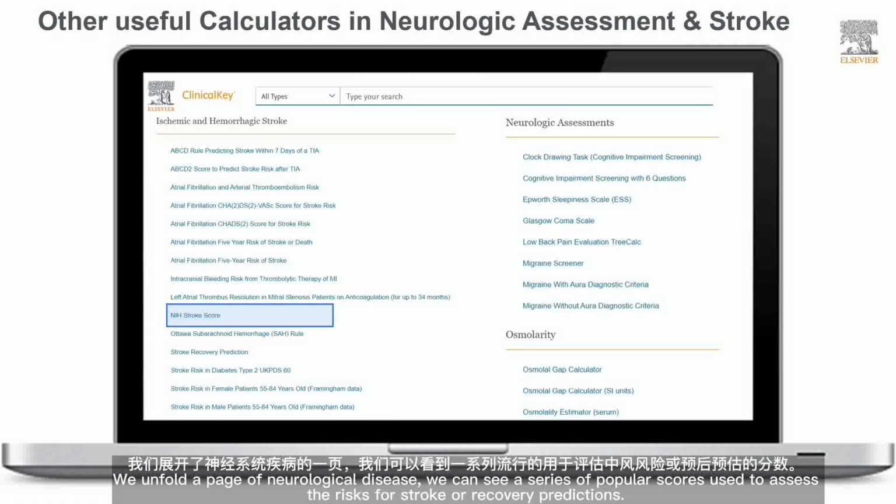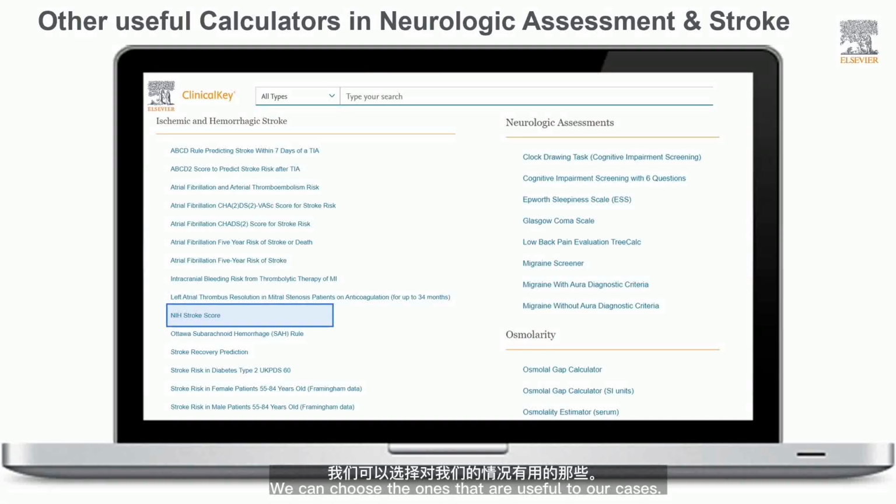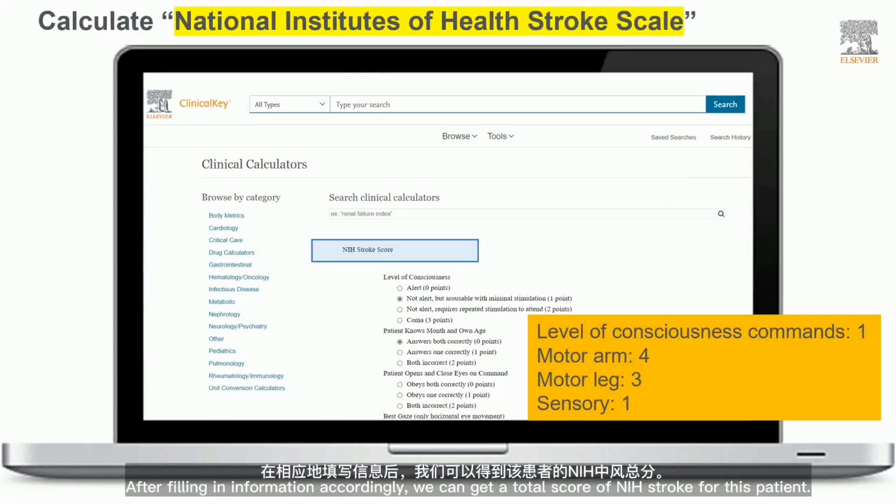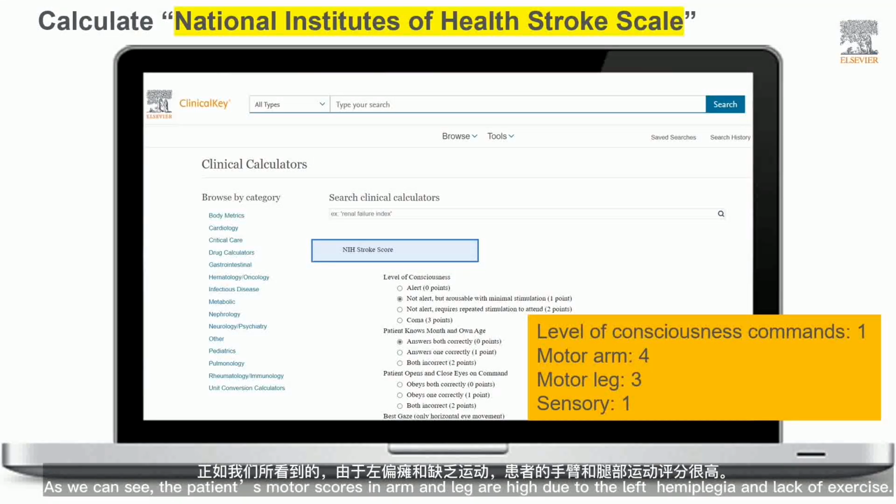Now we unfold a page of neurologic disease. We can see a series of popular scores that are used to assess the risks for stroke or recovery predictions. We can choose the ones that are useful to our case. For example, the NIH stroke scale is also important for the evaluation of our patient. After filling in the information accordingly, we can get a total score of NIH stroke for this patient. As we can see, the patient's motor scores in arm and leg are high due to the left hemiplegia and